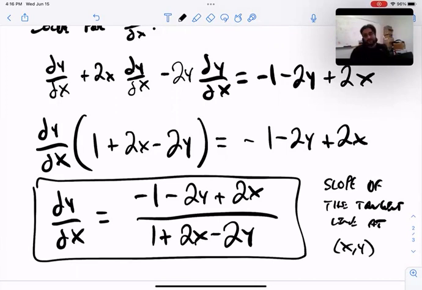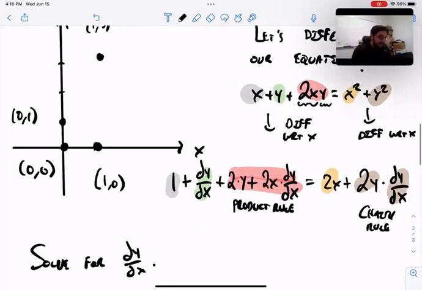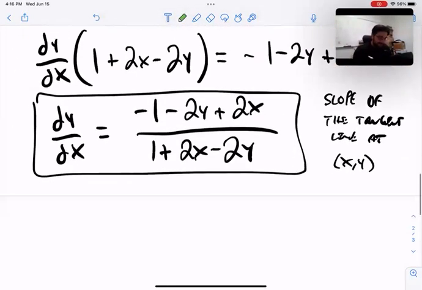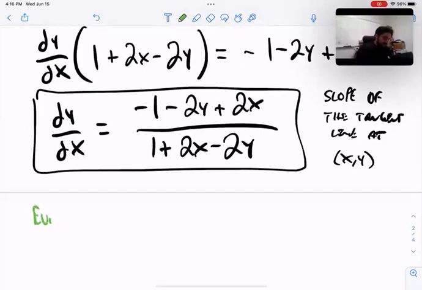I have a formula for it, right? So it's not an explicit formula just in terms of x. It involves y also, right? But I do have a formula now for the slope of the tangent line. So now I can take these points that I found up here, and I can get the slopes of their tangent lines by just plugging into this formula, right? So let's evaluate